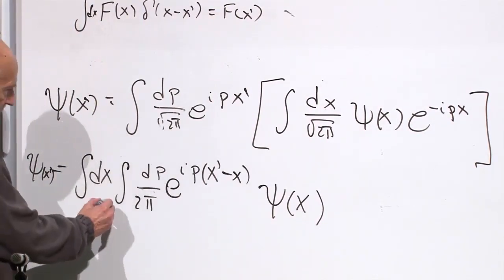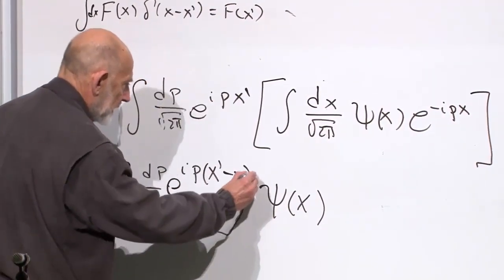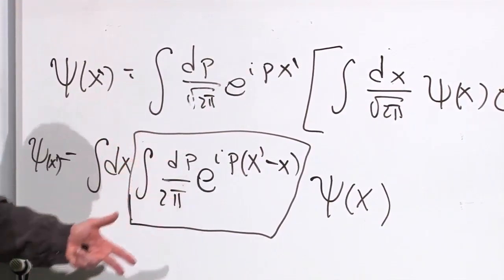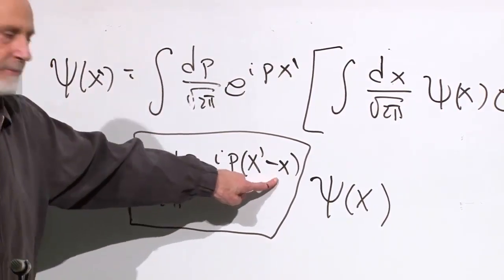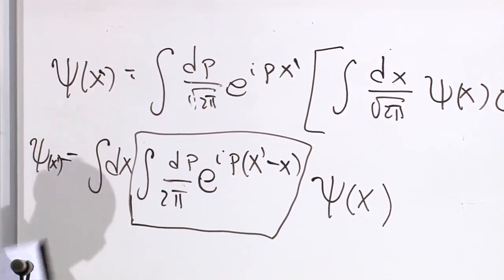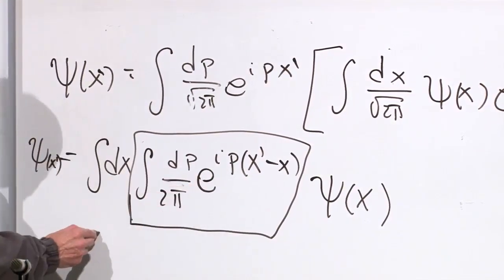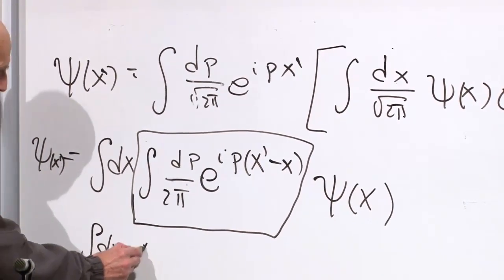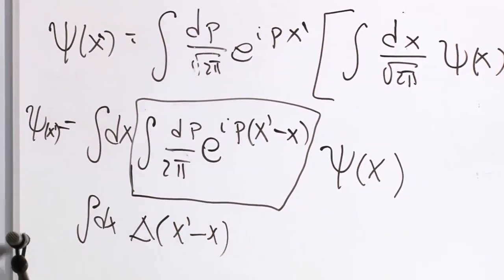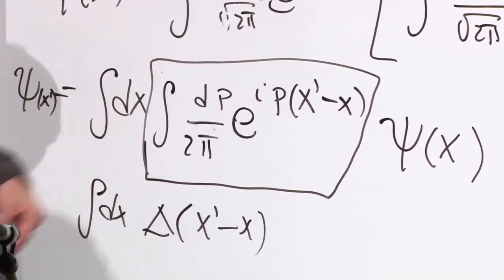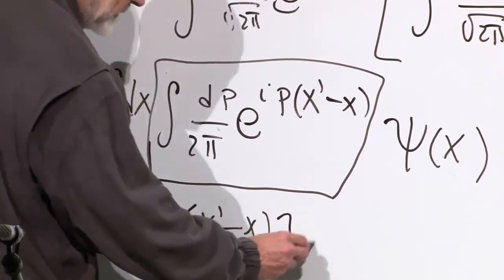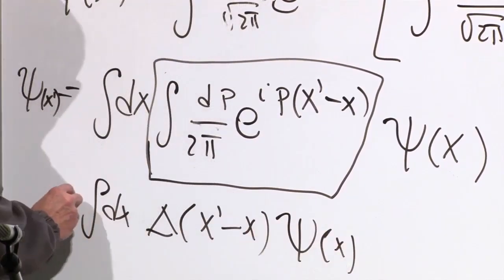But what is it? But look what stands here. Take this whole thing here. This is an integral over p, it's true, but all it is is some function of x prime minus x, right? Let's give it a name. Let's call it the capital delta function, and write this dx capital delta of x prime minus x. This whole mess here, including the 2 pi and everything else, after integration over p, times psi of x equals psi of x prime.